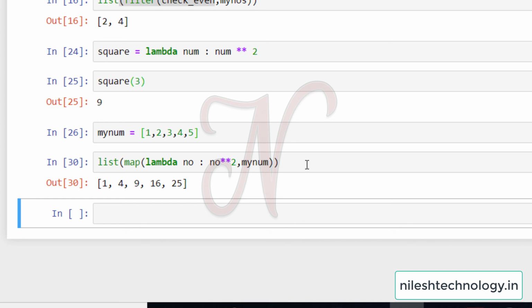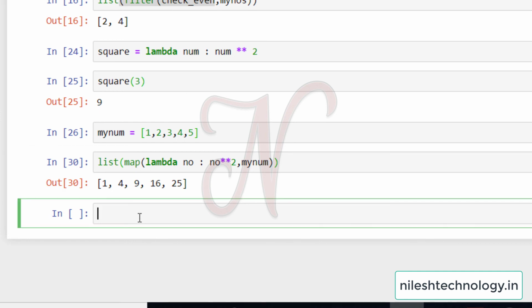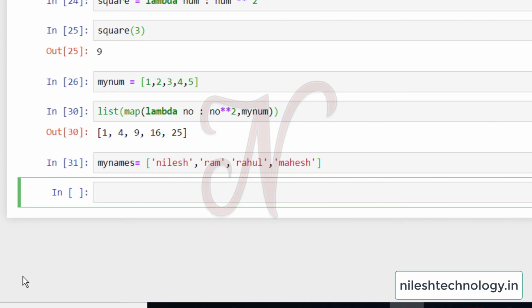Same here using the filter. This is the names list we defined already. Again see here, list, here use the filter function.